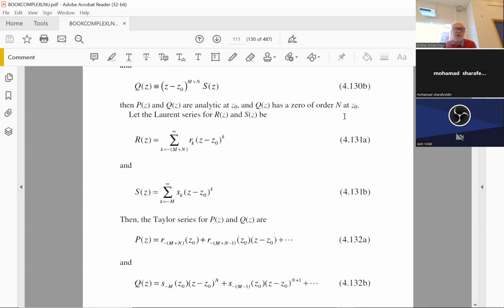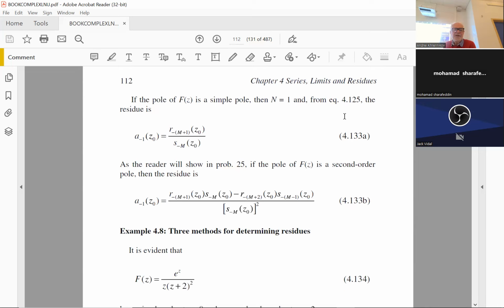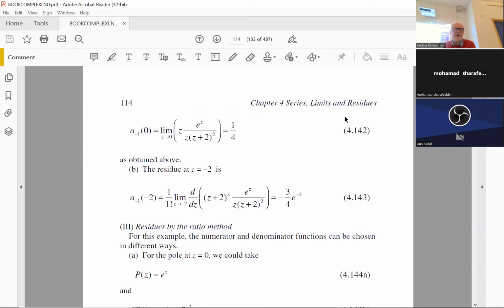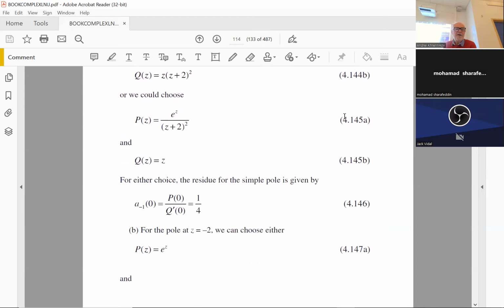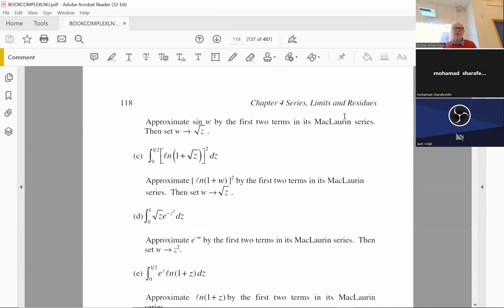Okay, so these are all these methods. This we consider as the ratio method. Problems. Okay, so we finished